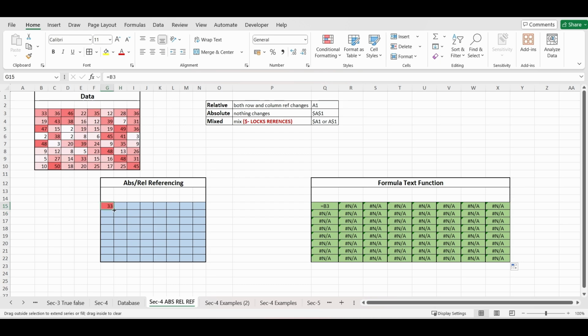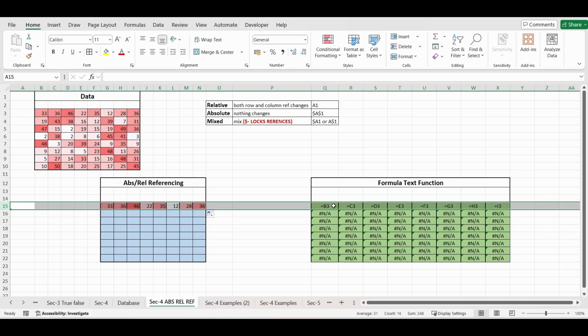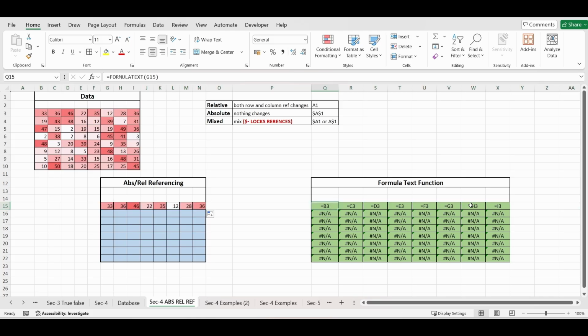Now if I simply drag it across the columns, you see what happens? If I drag this formula across the columns while staying on the same row, see how the formula logic changes. In the formula itself, the column letter gets incremented.